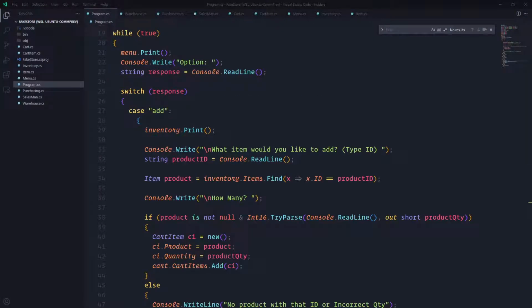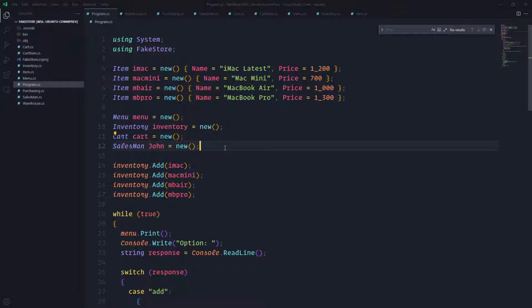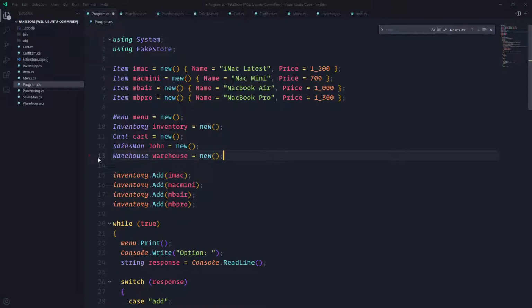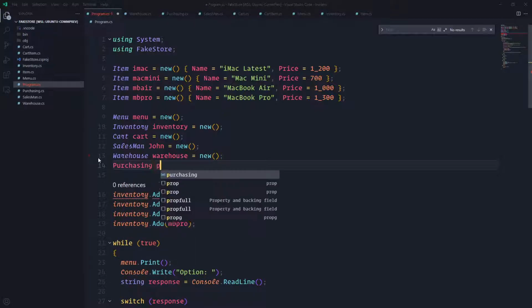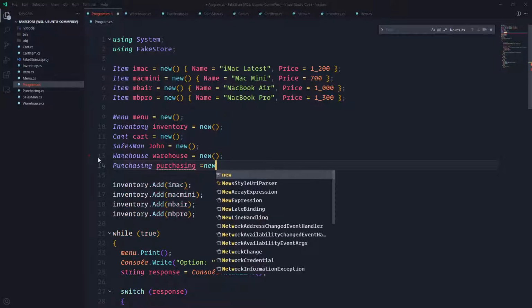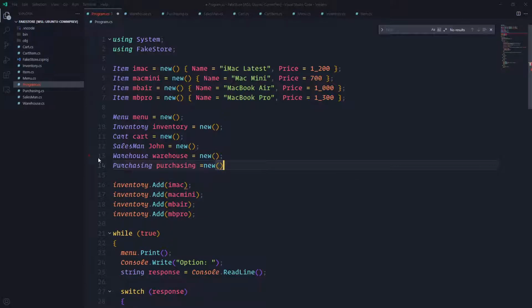And let's do as simple as warehouse is a new warehouse. Will be here. And let's do purchasing equal new, right? So now, so we have that,